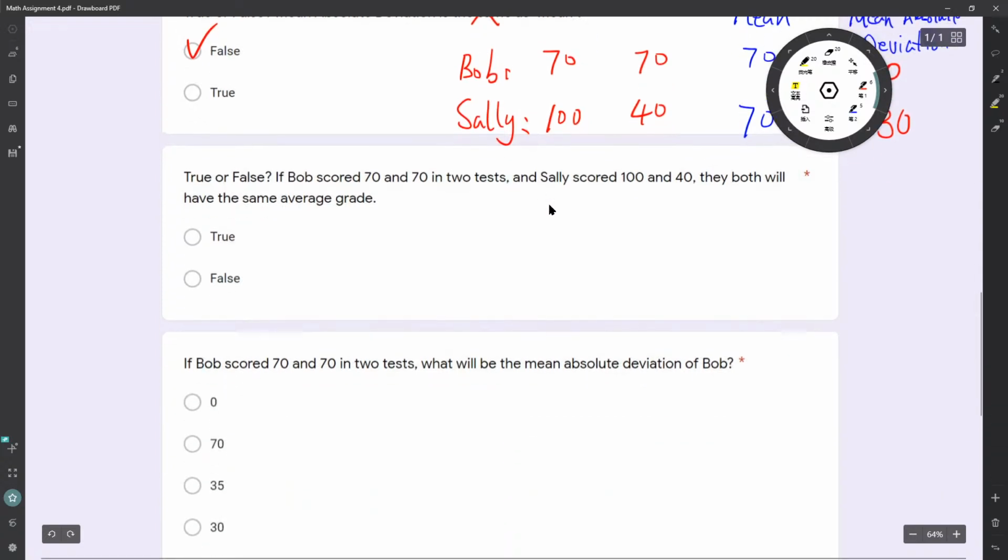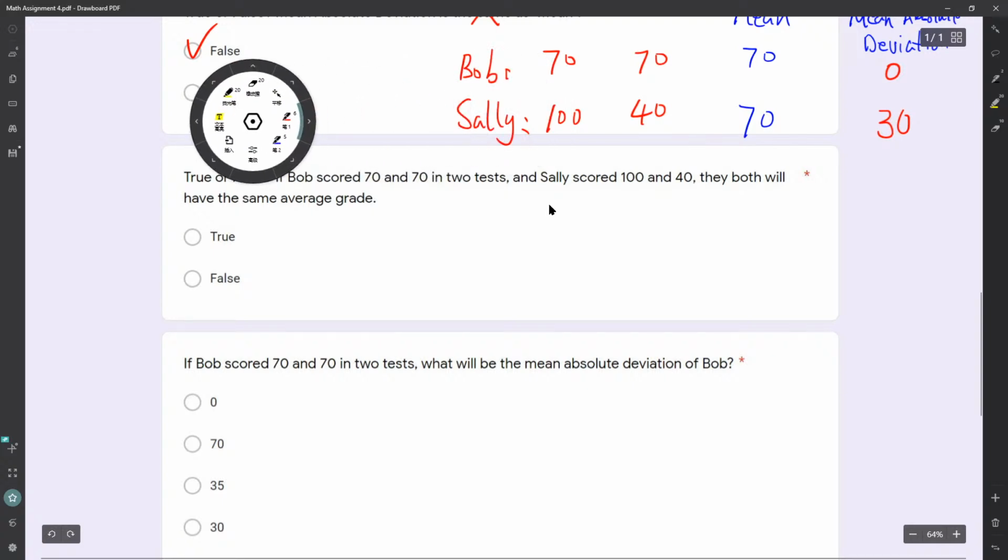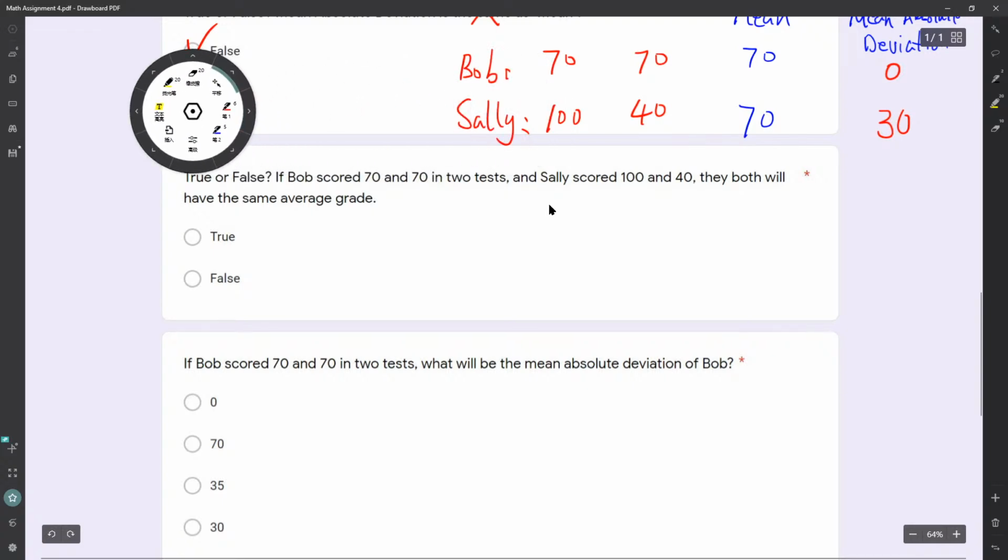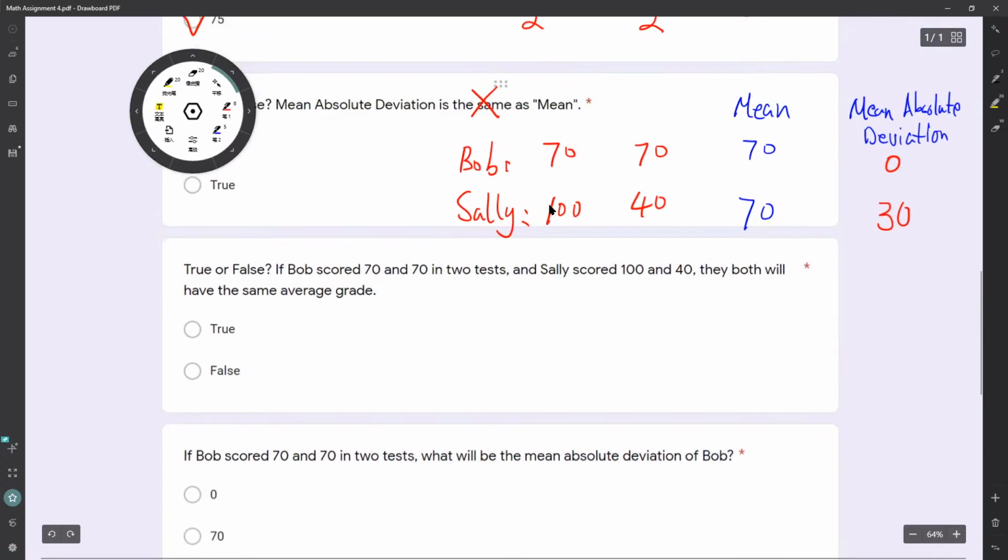Next, true or false? If Bob scored 70 and 70 in two tests and Sally scored 140, they both will have the same average grade. They both will have the same average grade. So take a look here. For Bob,